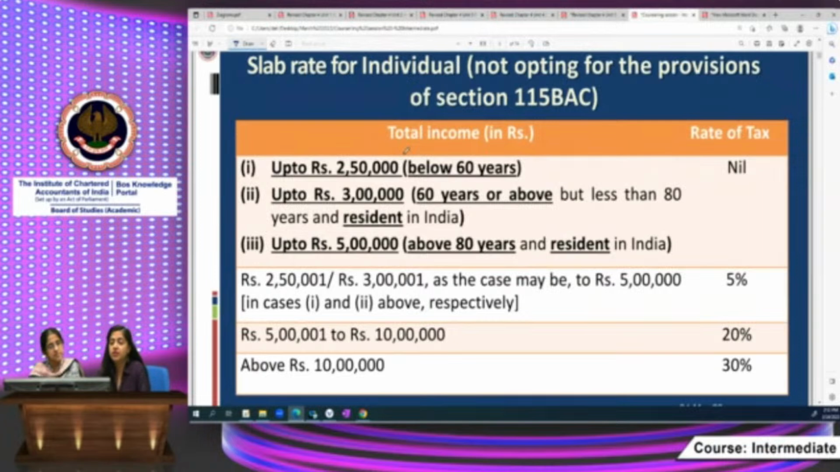Which is for the individuals who are not opting for Section 115BAC. Section 115BAC is the concessional regime. I'll go into that in the next slide. Regarding the slab rate, up to 2,50,000, if the individual is below 60 years, then if the income is up to 2,50,000, there will be no tax liability. The tax will be nil. In case of senior citizens, means an individual who is a resident in India and who is 60 years or above but less than 80 years, in that case, your basic exemption limit